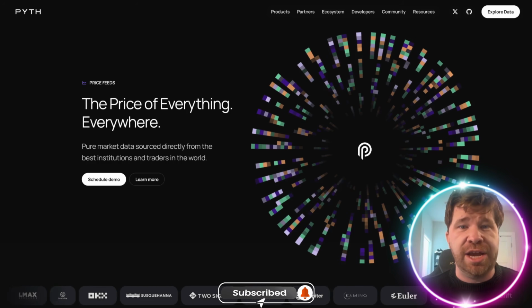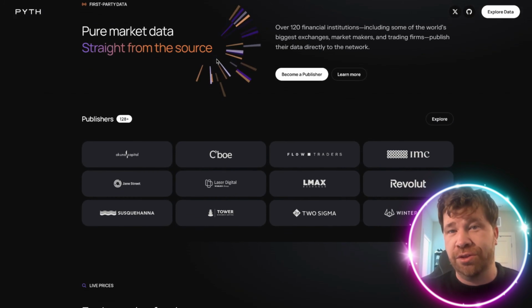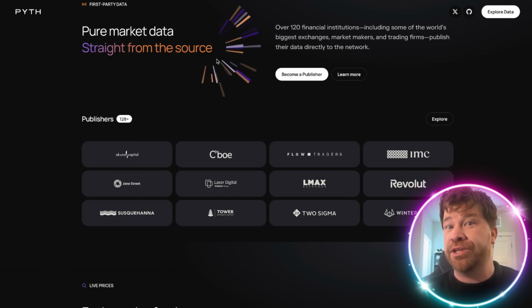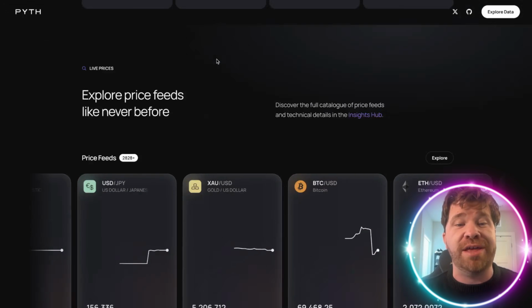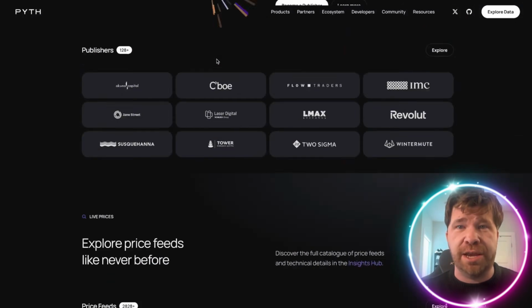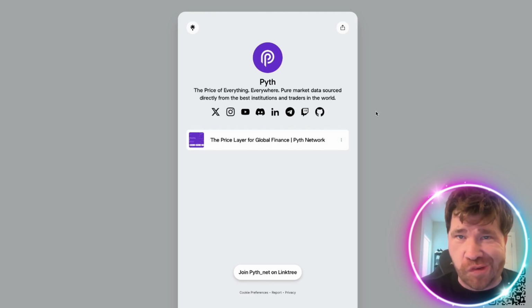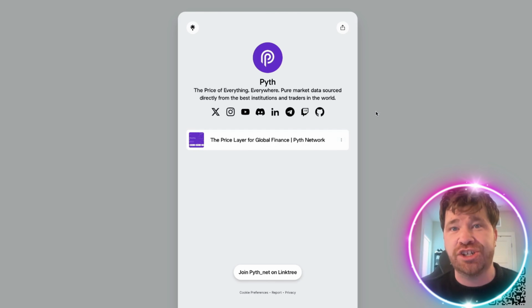So once again, there we have it. We got Pyth. Before projects technically launch, before they officially go live, especially on the big exchanges, and we all know how that goes, I'm going to highly recommend that you dive down into the website. They do have a Linktree as well, so a lot of important details. We got all the socials. Everything is going to be found right here. Check it out.